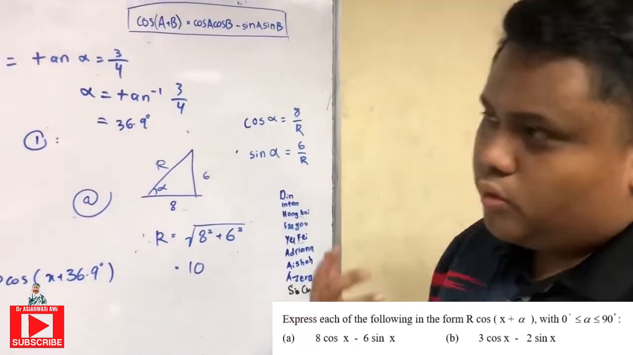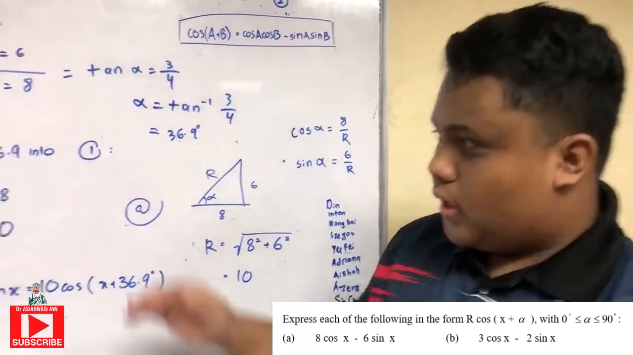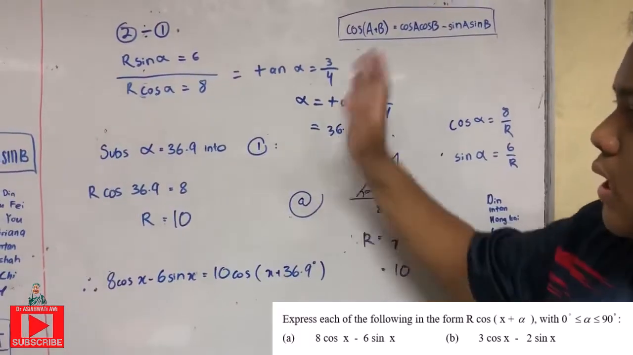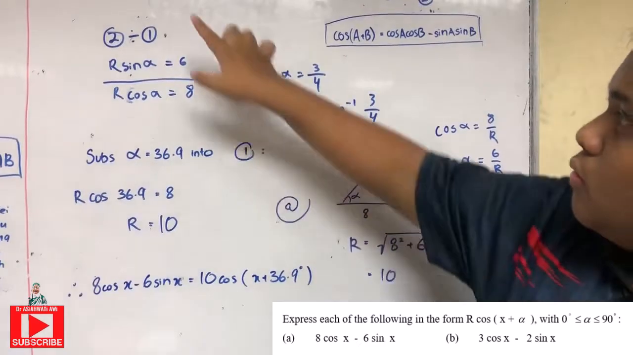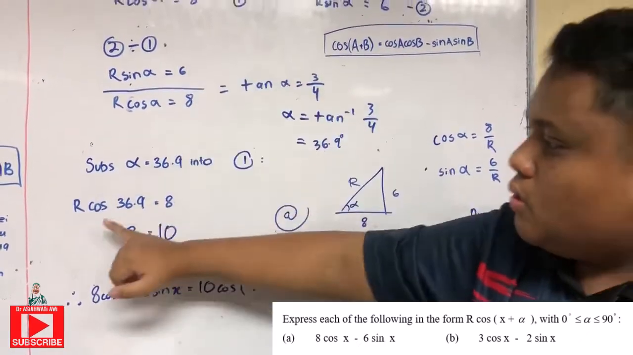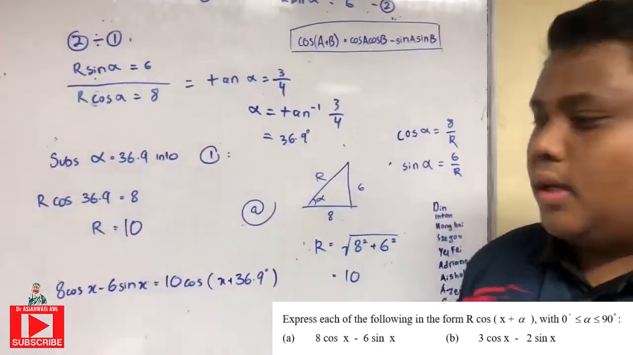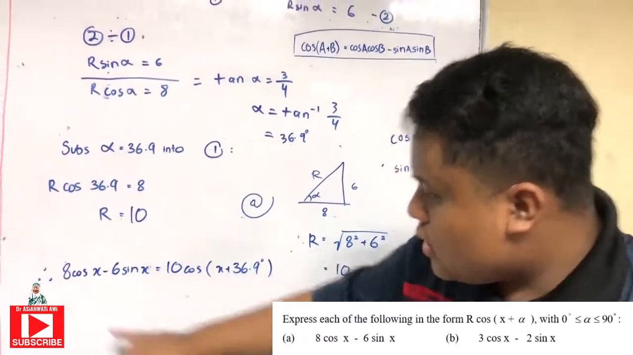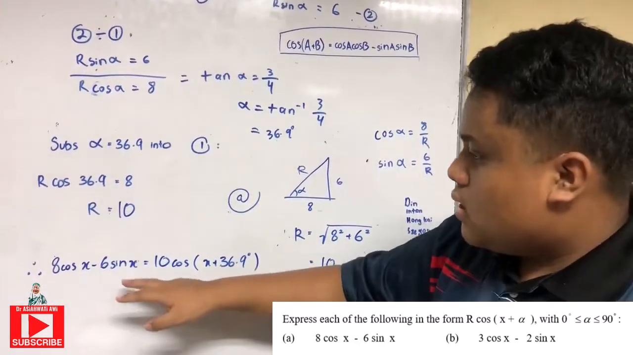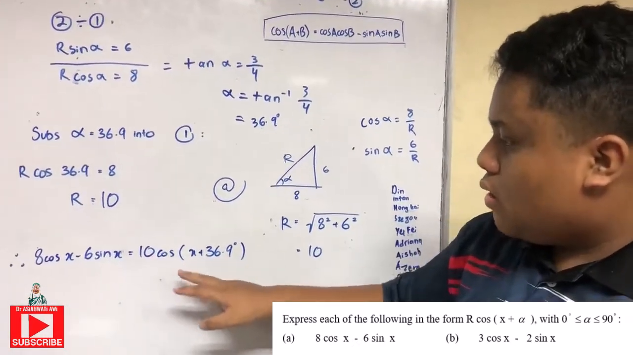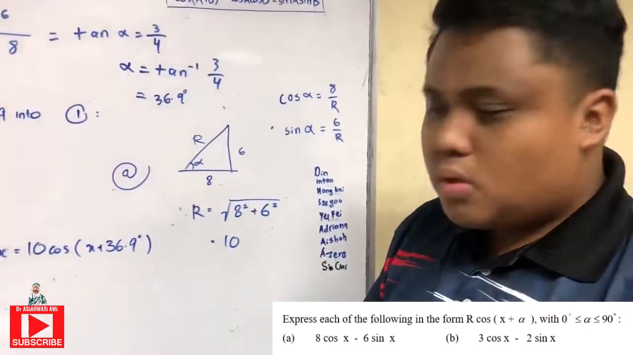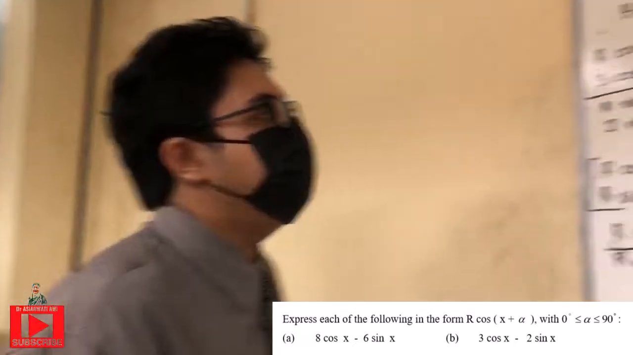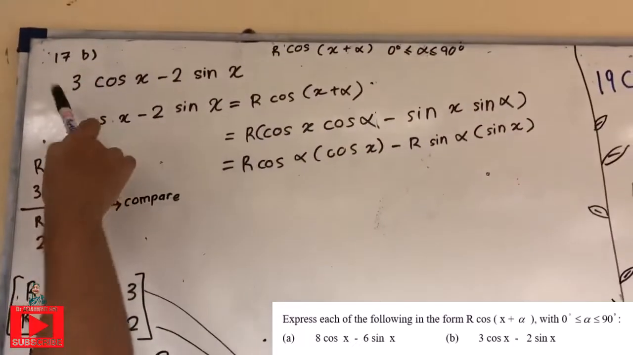So if you want to check if it's true or not, you can use this way. Just sub alpha into any equation. So you get r equals 10. So for the final answer is 8 cos x minus 6 sin x equals 10 cos(x plus 36.9). Alright. Okay. Question 17B. Question mention this